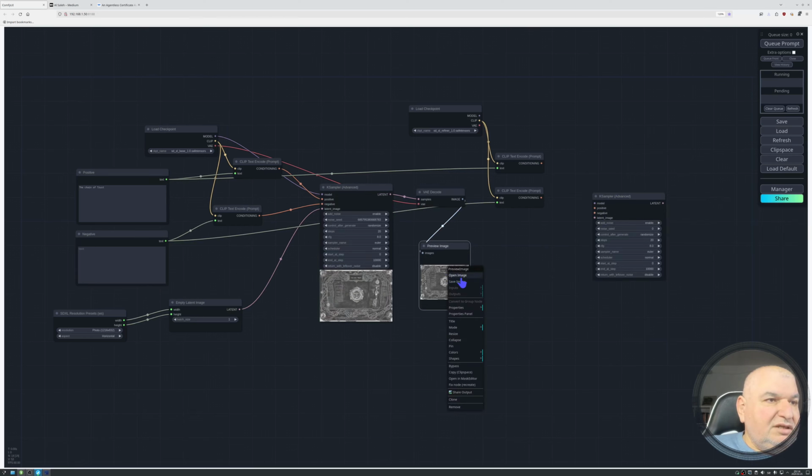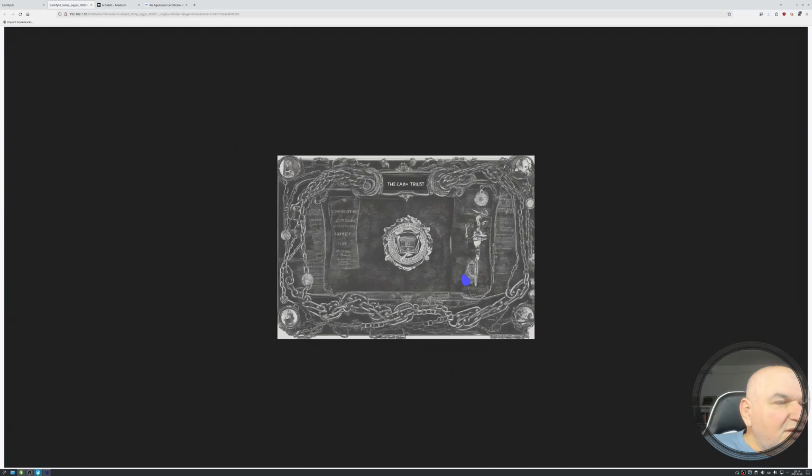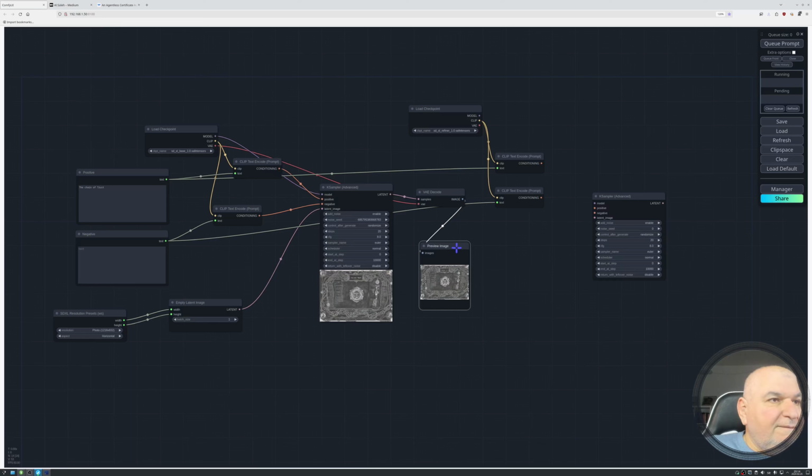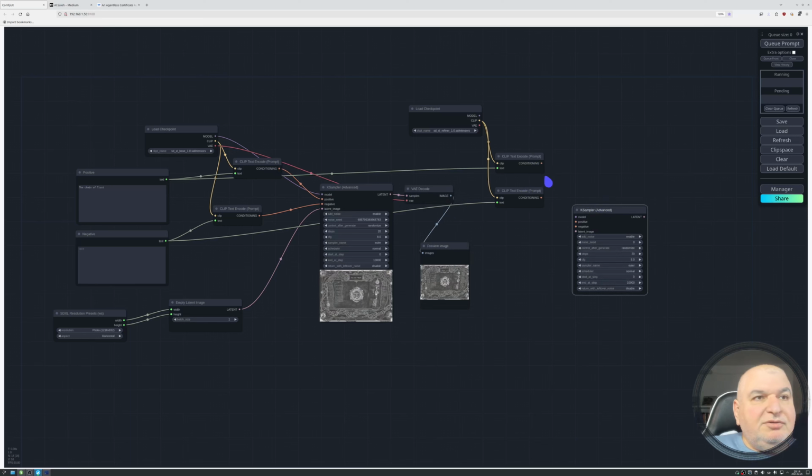So now this is the generated image. Let's preview it. That's an ugly image. It's fine. It's an ugly image, but we will get another one. So now let's finish the processing. I need to get the positive and to connect the negative. I need to connect the model, and the latent image will come from